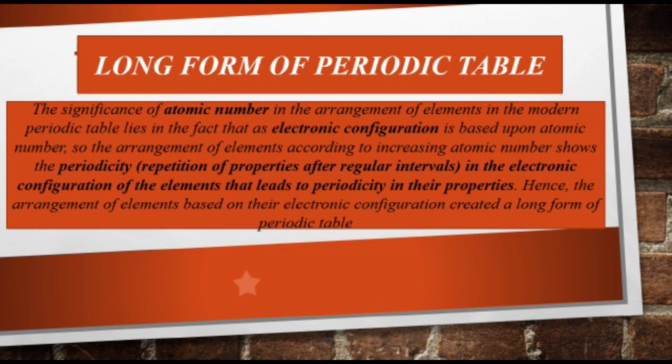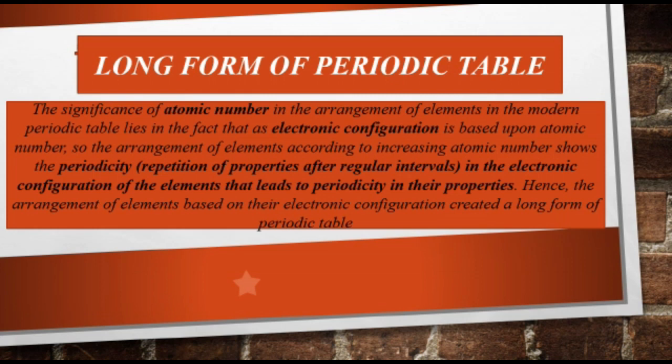The significance of atomic number in the arrangement of elements in the periodic table lies in the fact that electronic configuration is based upon atomic number. Electronic configuration is basically the number of electrons present in the outermost shell of an atom. How many electrons are present in the outermost shell of an atom depends on its electronic configuration. In the second chapter we have also read about it, that it is also based upon atomic number. Whatever the atomic number of an element is, its electronic configuration is based on that. So the arrangement of elements that we did in the periodic table also depends upon